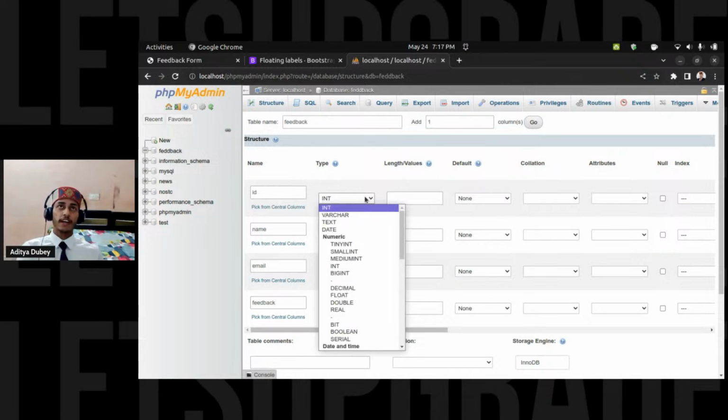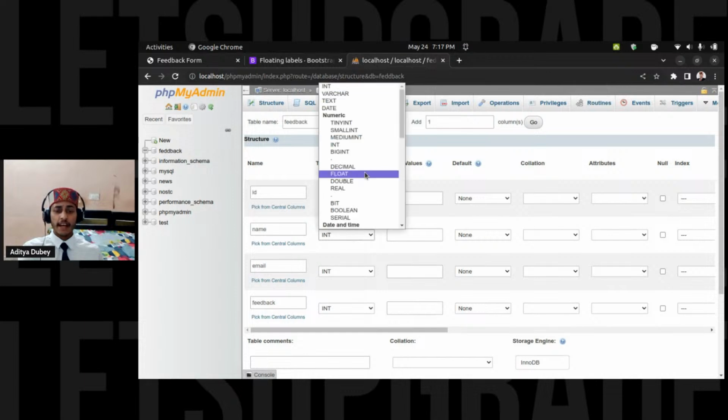This is all graphical interface. We are not using SQL. We are using the beautiful graphical interface which we get. Are you guys there with me? Okay, nice. Then we will choose ID as integer, name as varchar,